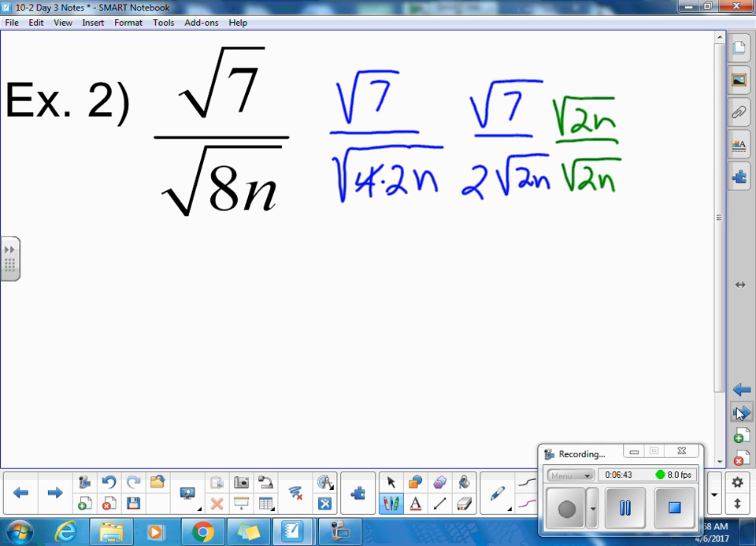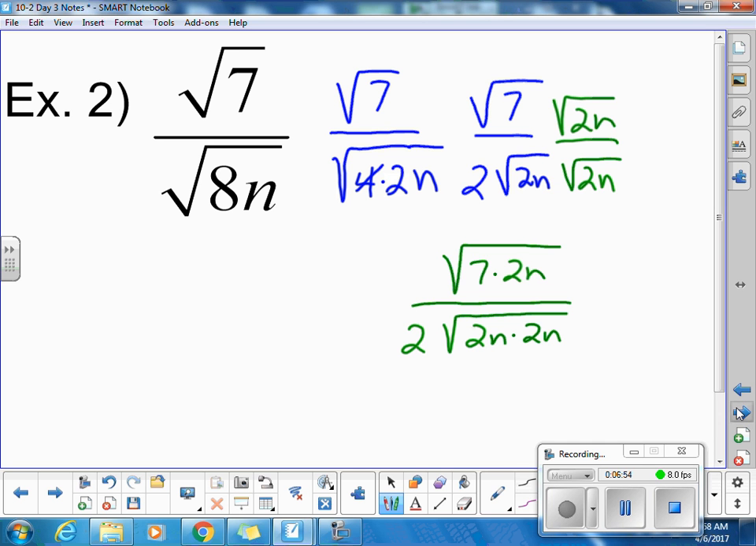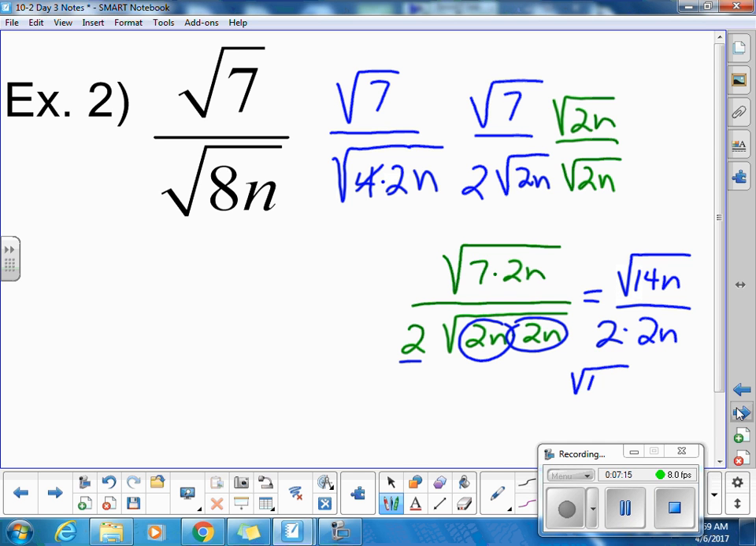If I do that across the top, I multiply square root of 7 times 2n. And on the bottom, I have 2 square root of 2n times 2n. Well, I have some pairs. So on the top, I don't have anything, right? It's just going to go back together because I can't do anything to reduce it or simplify it in any way. But on the bottom, there's that 2. I have a pair of 2n's. So one comes out. And I would get square root of 14n